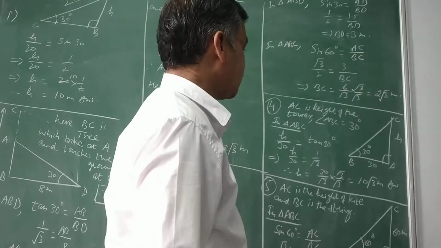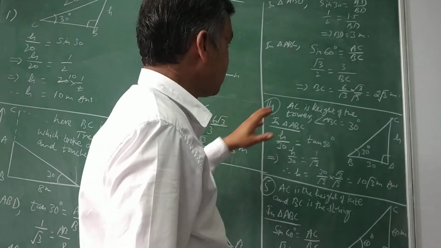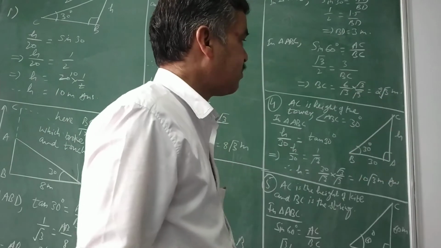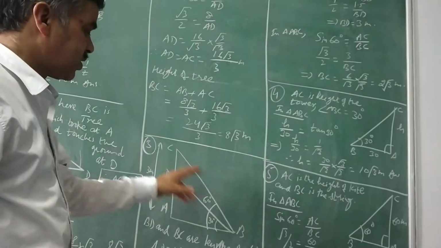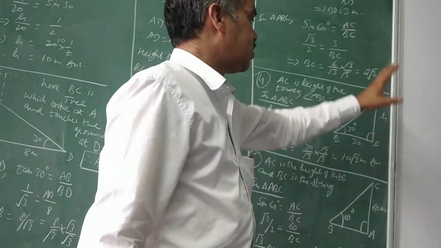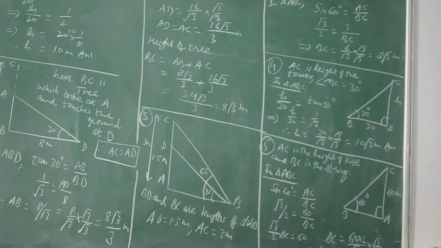So this is now 3. AC I have written here is equal to 3, the total height, and then you substitute the values to calculate the value of BC. The length of the second slide for younger children will be 2 under root 3 meters. So that is the solution for your question number 3.